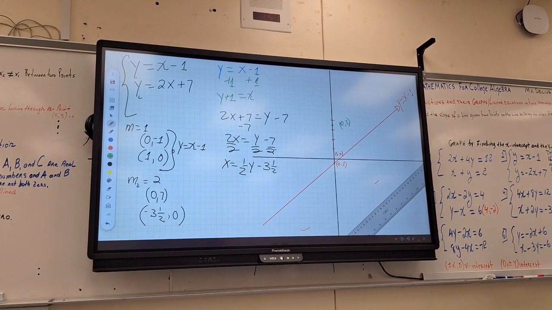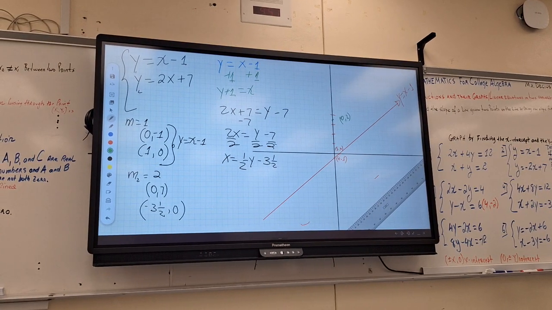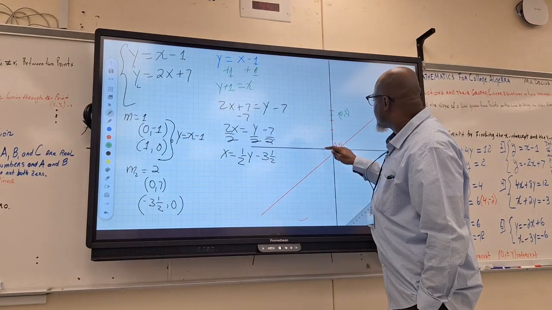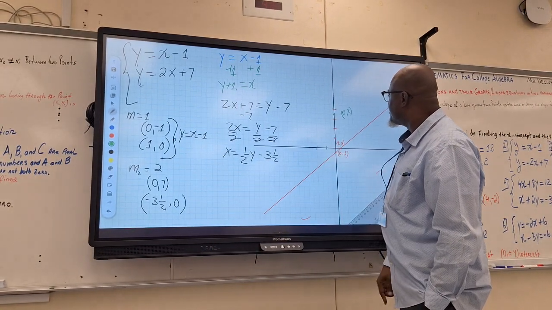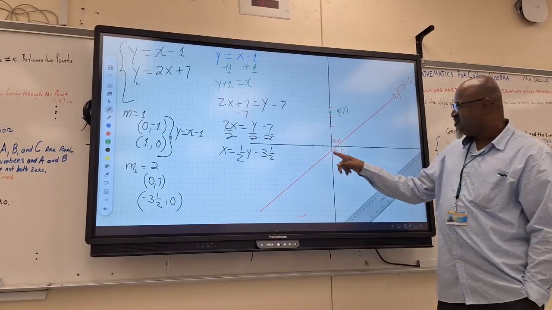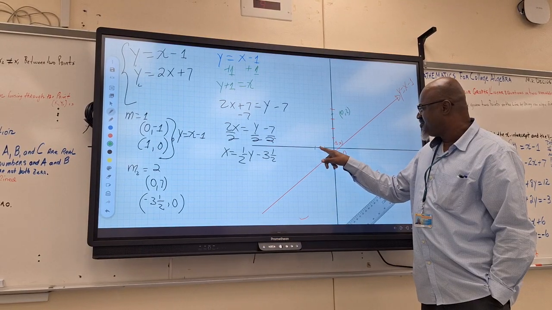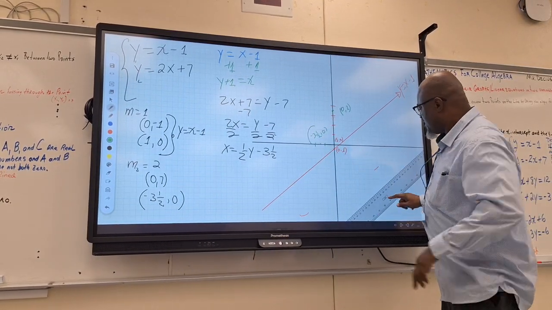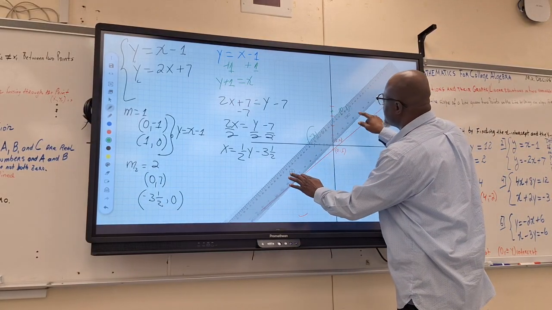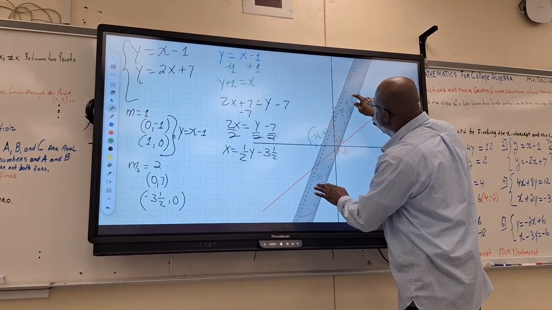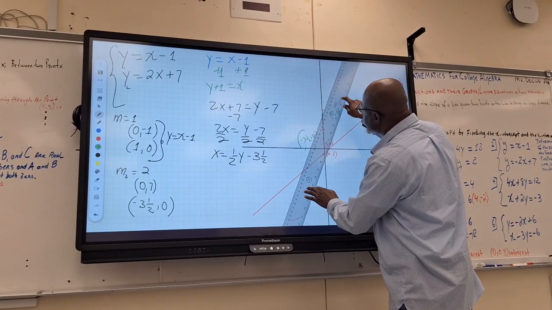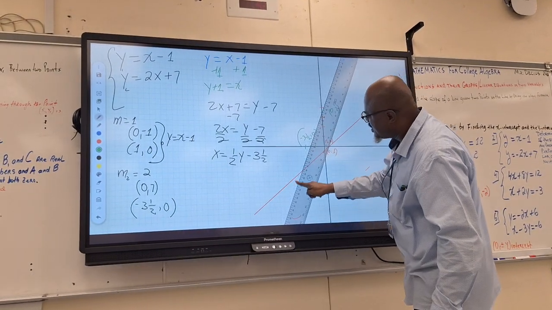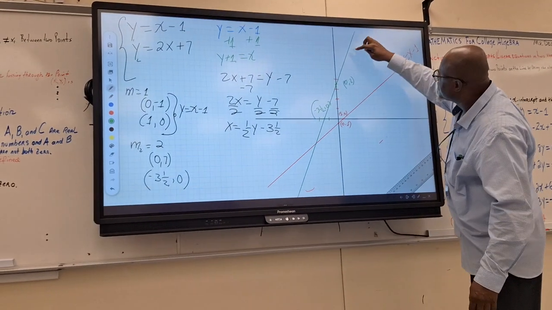Negative 3.5. What direction? Go to the left. That will be negative 2, negative 4. Where's negative 3.5? Between negative 3 and negative 4. That will be negative 7 over 2. Then use your ruler again. Make sure it's to your best. Make sure it's in the center. Then your equation is y